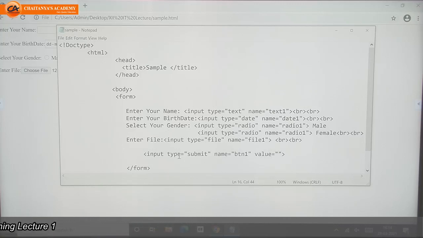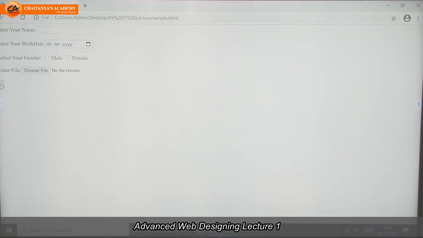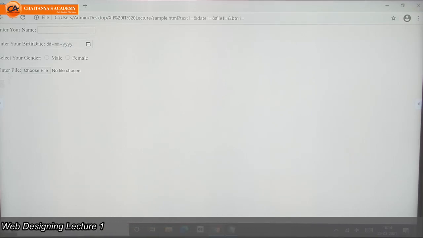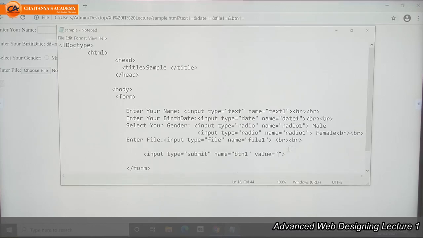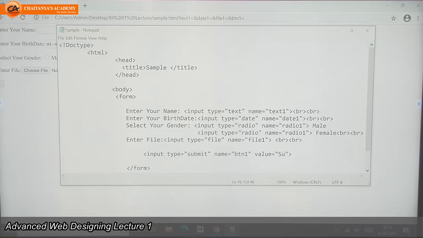If you want to see, you can check. See, I haven't written any value here. What output am I getting? I got a button without any value. I don't even know what this is, whether it is a submit button or some other type of control. So here I have to write the name of the button and a value for that button: submit.